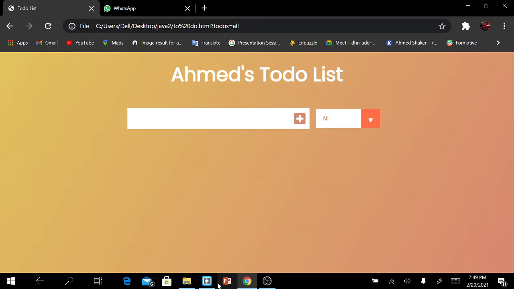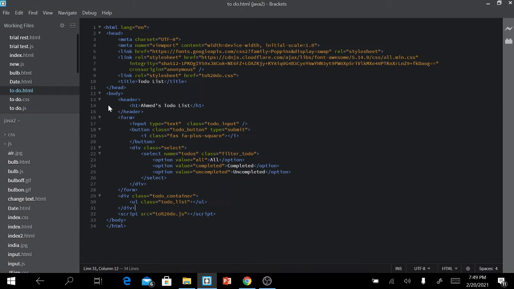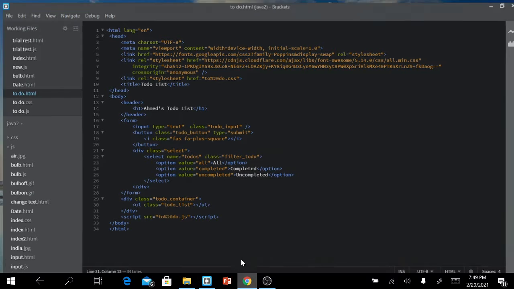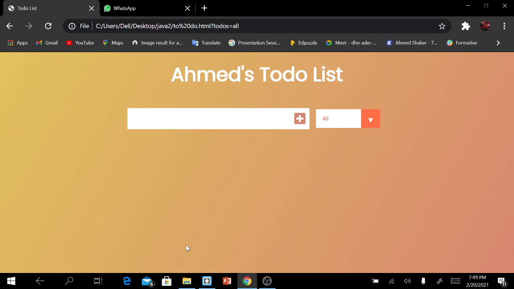So that's basically it. Now my code is, first of all, we put a meta charset UTF-8, a meta name viewport content with device width, and initial scale is 1.0. Now I linked a Google font named Poppins, and I also linked a Font Awesome, which is icons. And then I linked my CSS, and I put a title of to-do list, and